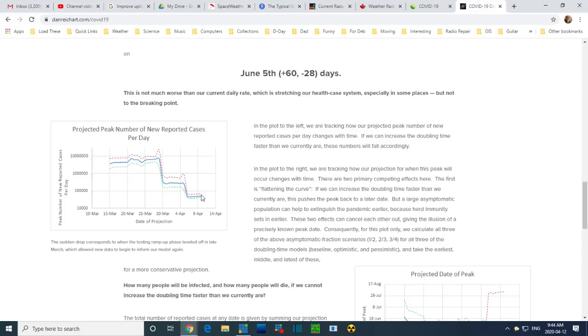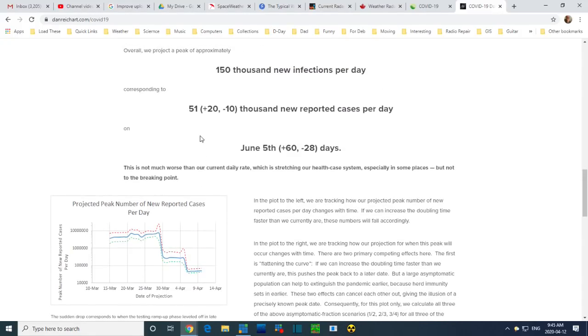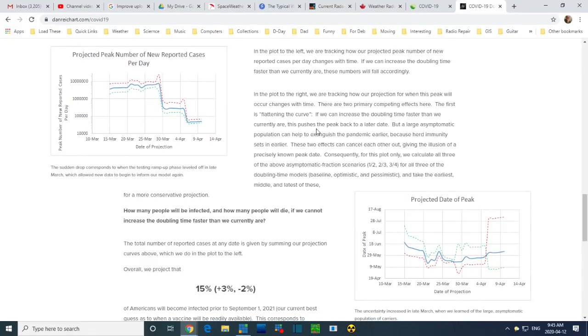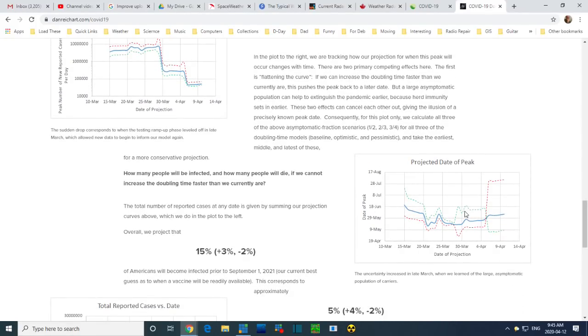So here they are estimating on the blue line, and this is a logarithmic scale, so be careful. Something like 50,000. Oh, there you are, 51,000 cases per day. But that's not what's so interesting. Here's a projection of the date of the peak, and again, here's time as it's ticking by, and different projections are being made as different information comes in and things happen. So here we see the latest projection of the peak, and I believe this is the peak of cases.